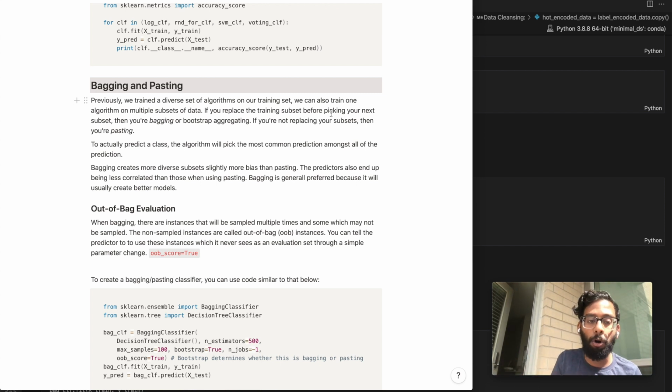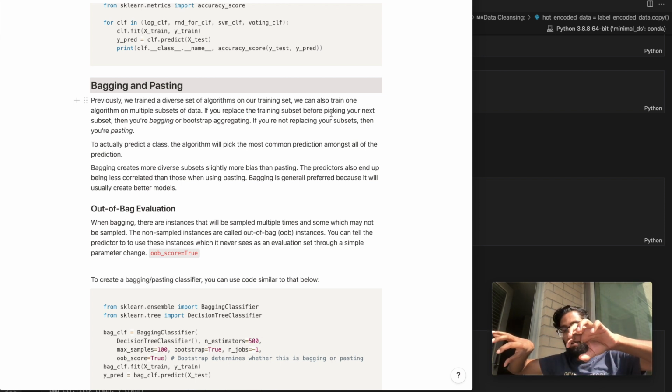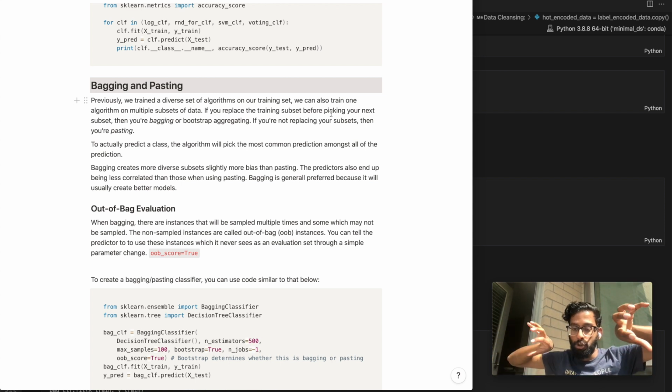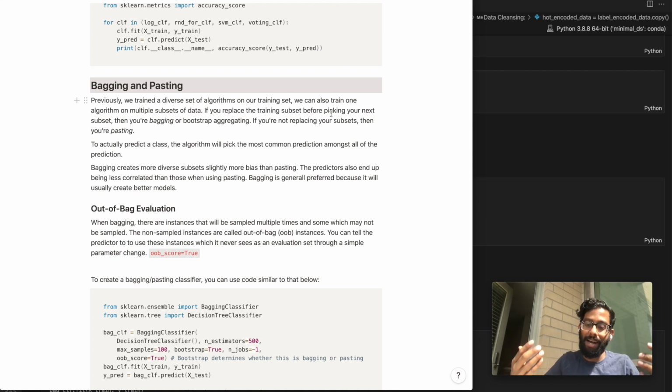And pasting is basic, and bagging stands for bootstrap aggregating. If you're not replacing subsets, basically you're just picking a subset and then training the algorithm on that, and then picking another subset, training the algorithm on that. But these two subsets are completely different from each other. That is called pasting versus bagging, which is like you pick one subset, train an algorithm on it,